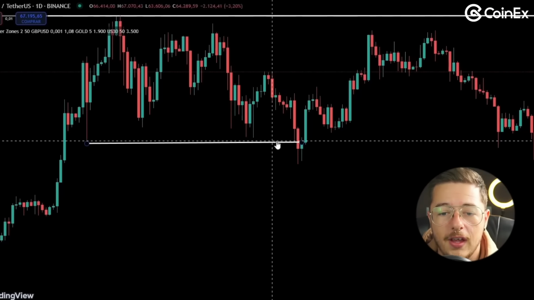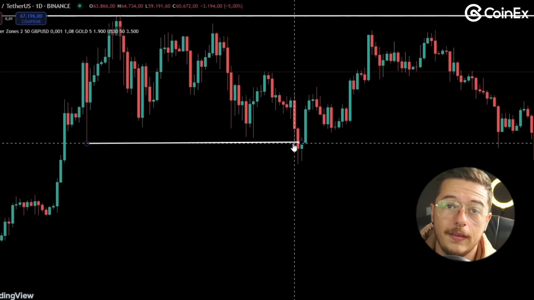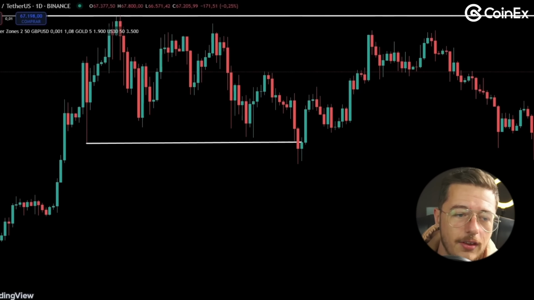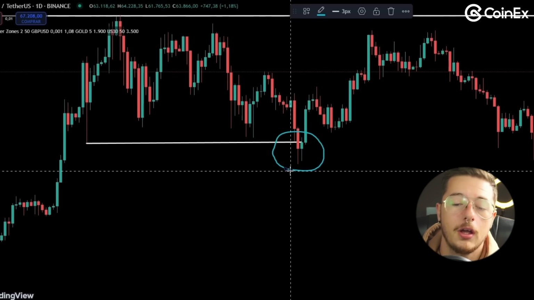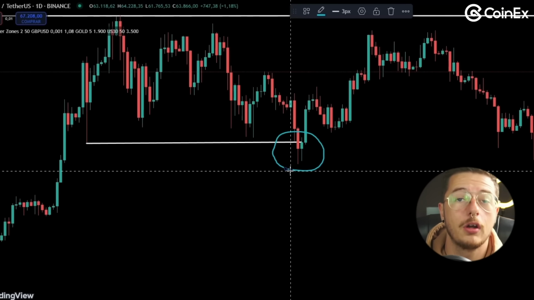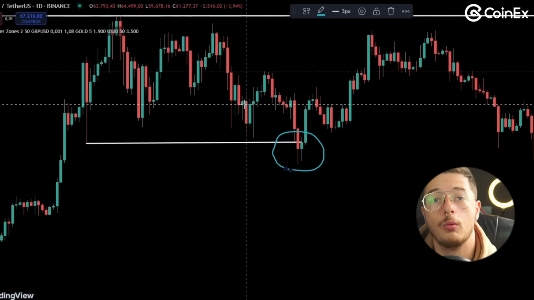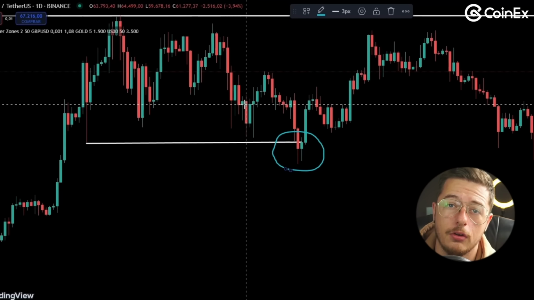So we can see how it broke structure here, and our direction is to go up. So what we're going to do is look for buys. Once I've seen this here, now I have an opportunity to start looking for buys. But we're not going to look at it in a daily time frame. We're going to go one down to now see where we can find a break of structure,